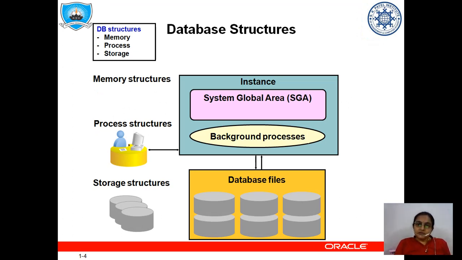Now, database architecture has three particular components. As we have discussed, when we start Oracle, the database resides in the hard disk, that is the storage device. It establishes itself in memory as part of the Oracle instance, and the overall structure consists of three parts: memory, process and storage, as you are able to see in this diagram.